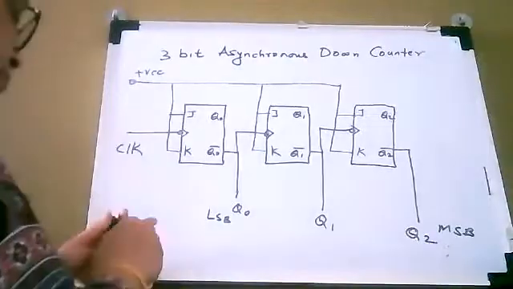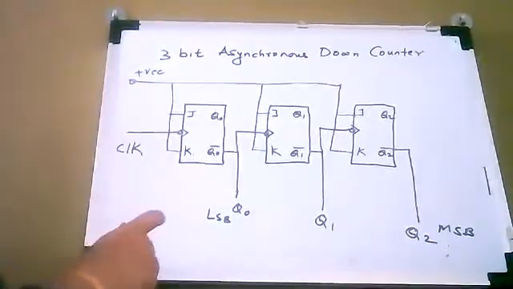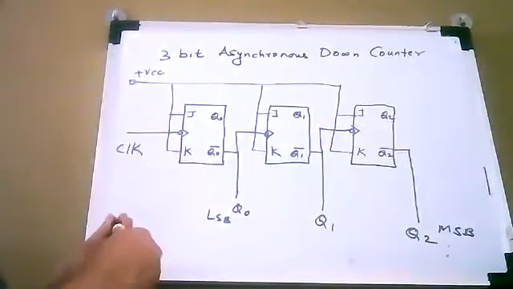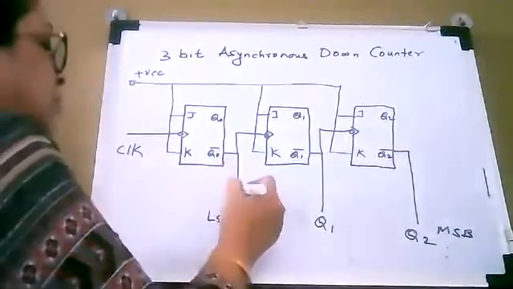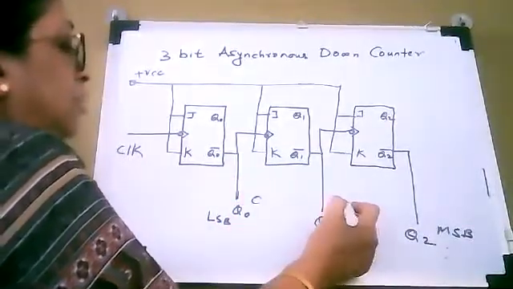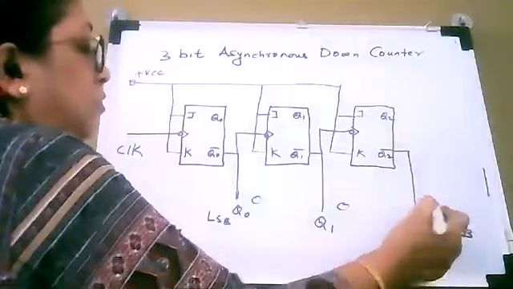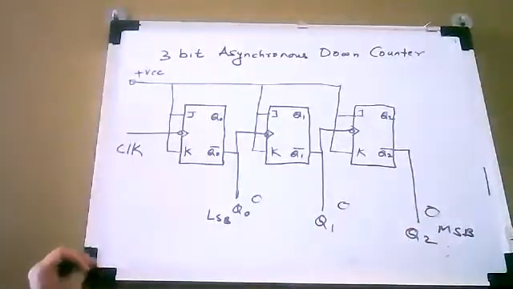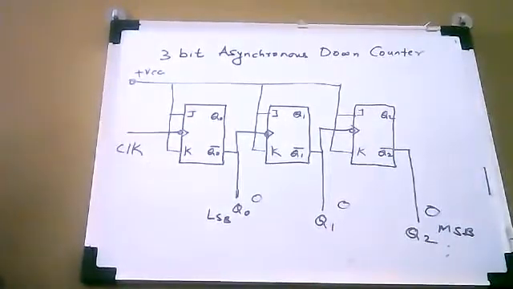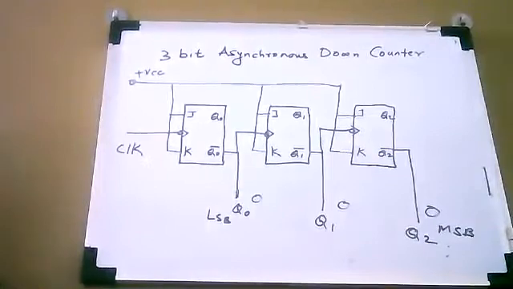Okay, so we will consider the output as 0 0 0. Let us consider the initial output. Initial output of your counter is 0 0 0. Okay. So if this is the case,